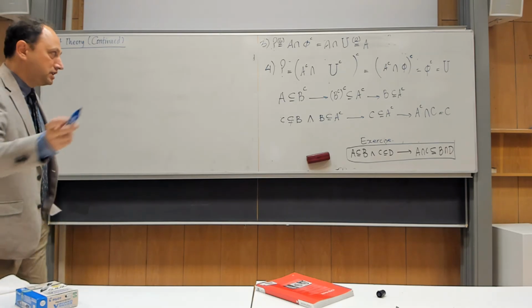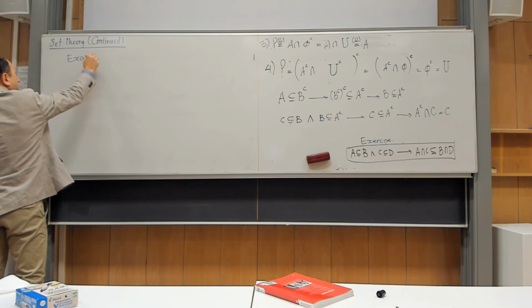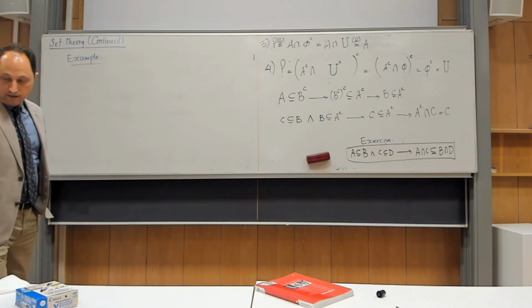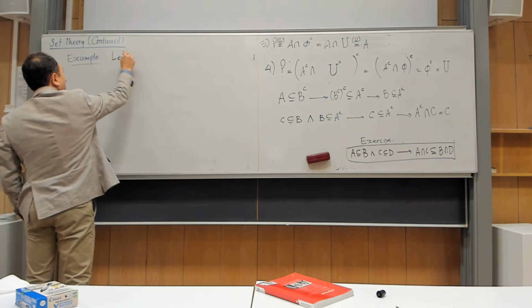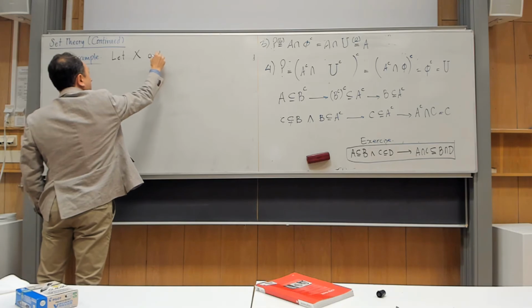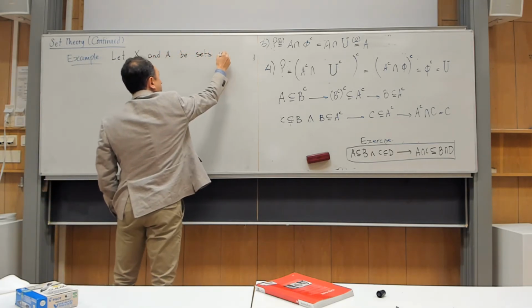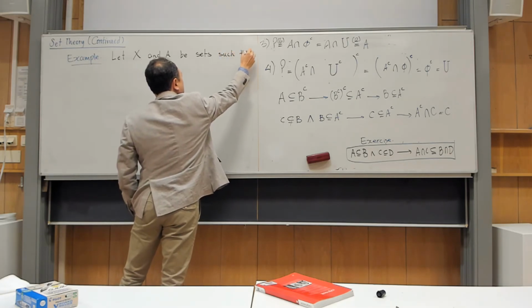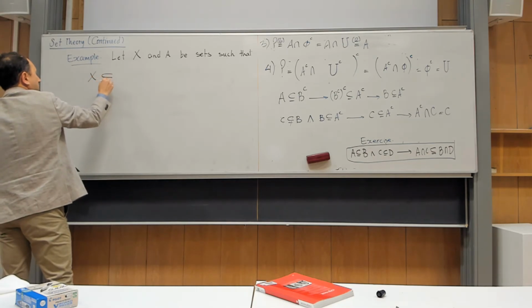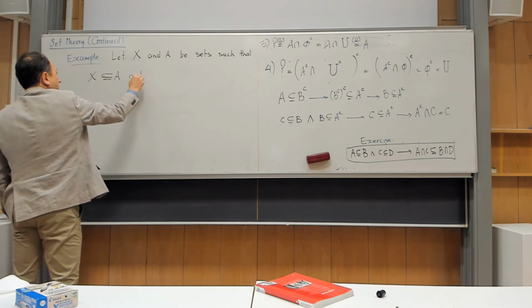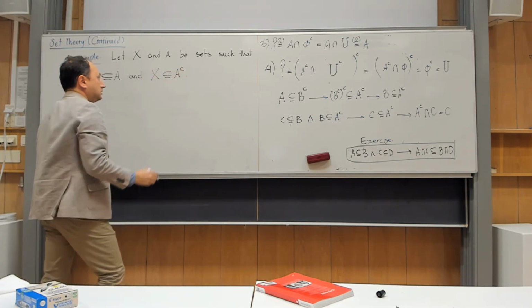Okay, before that, let me give you an example. This example is also simple. Let X and A be sets such that X is both a subset of A and a subset of the A complement. Prove that